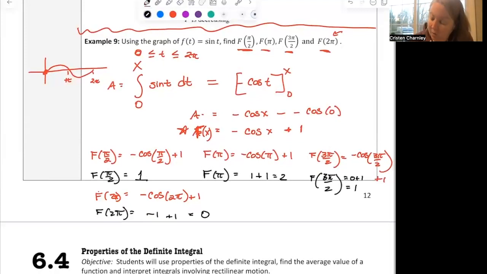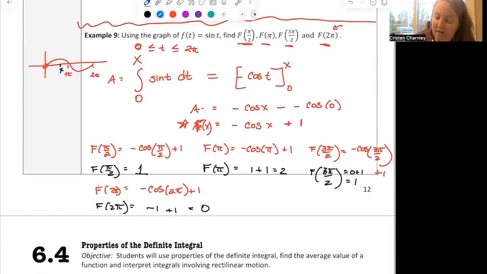There you go. So what we've basically done is said, okay, where's x? Here's x. And we can move x. And wherever we decide x is, these 4 places on the bottom, that will calculate for us the area. Now, I promised that I would loop this back around to that fundamental theorem of calculus part 1 at the beginning. Here it is. If I take my formula, capital F of x is equal to negative cosine of x plus 1. If I find the derivative of that,